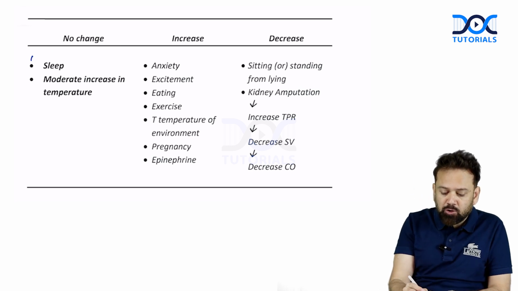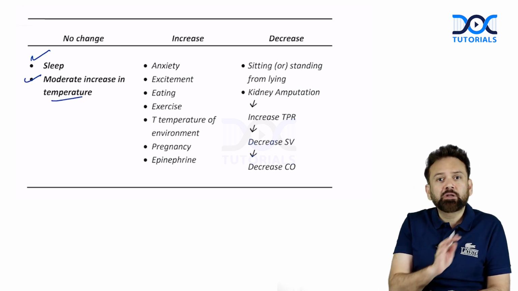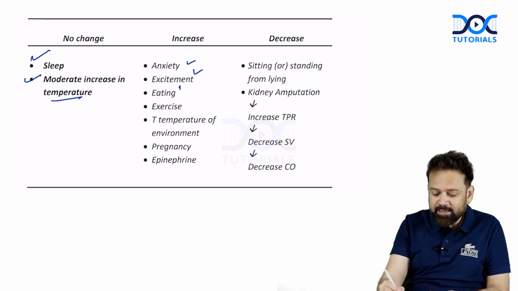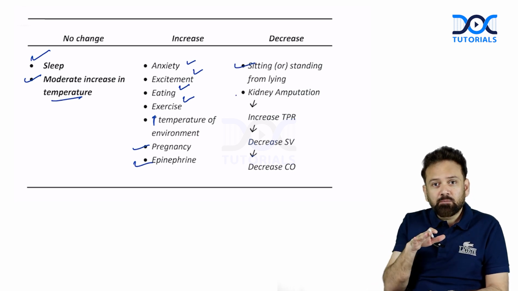So when you are sleeping or there is a moderate increase in the temperature, there is no change. Cardiac output can increase in anxiety, excitement, eating, exercise, increased temperature of the environment. More, it is not moderate, it is more than moderate. Pregnancy, epinephrine. Or it can be decreased by sitting or standing from the lying position because of the pooling of